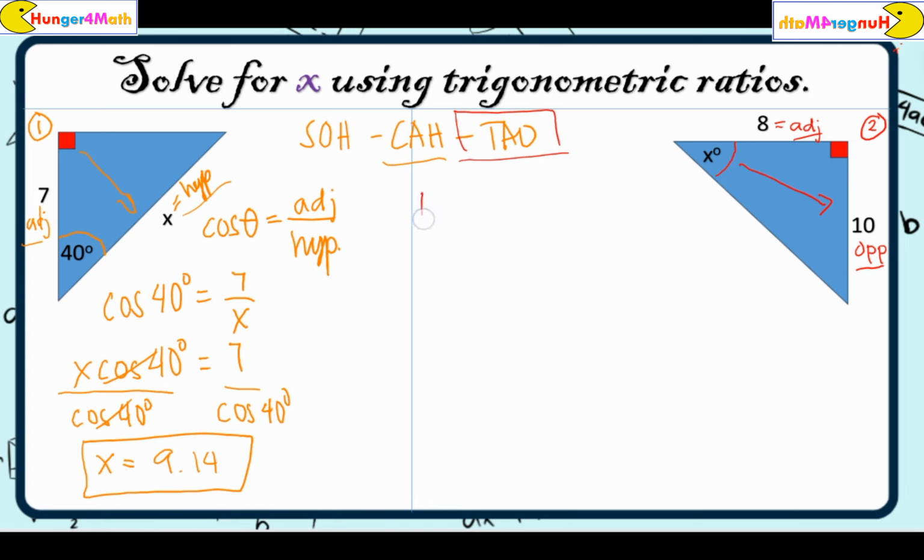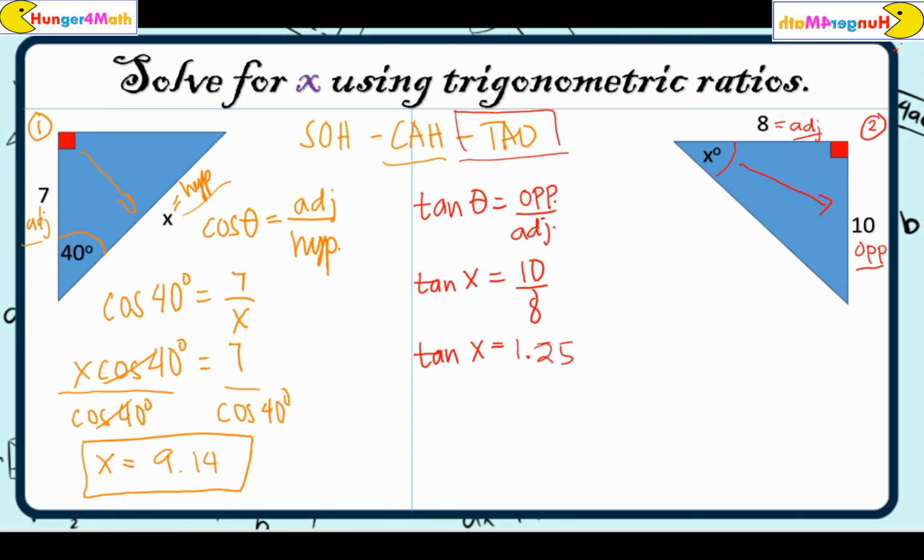Now let's write here. Tangent theta is equal to opposite over adjacent. Then let's substitute. That will be tangent x is equal to opposite, that is 10, over adjacent 8. So let's copy tangent x is equal to, then we can divide 10 divided by 8 is